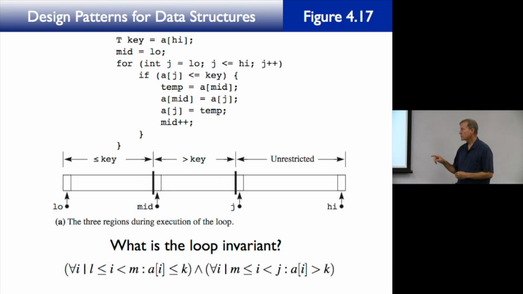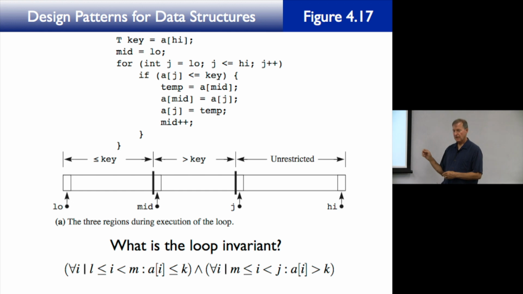All right, now, so we were right in the middle of analyzing the quick sort, and we had just written down the loop invariant, I believe. Is that what we did at the end of class last time? I think so. And so figure 4.17 shows a diagram of the three regions of the array during the execution of the loop, going from low to high. The first region is the region where the value of each array element is less than or equal to key. The second region is the region where the value of each element in the array is greater than key,